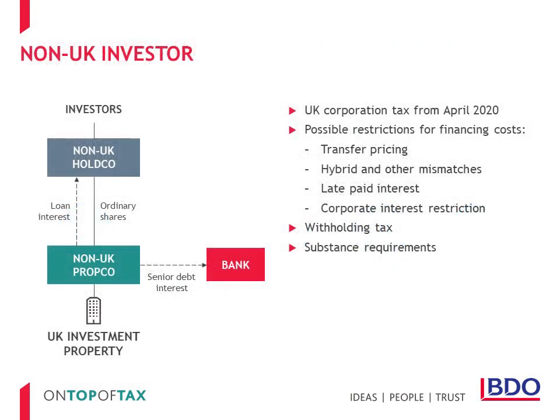What we have here is a typical UK investment property structure. Investors, some of which will be offshore, investing into UK property through an offshore holding company and subsidiary located in perhaps Luxembourg, the British Virgin Islands, Channel Islands or the Isle of Man. The PropCo will have a subordinated shareholder loan as well as bank debt. This has been the default real estate structure for several decades, giving deductions for interest on both the bank and shareholder loans as well as a tax-free exit, whilst the non-residence of the PropCo would generally mean no UK withholding tax on interest.